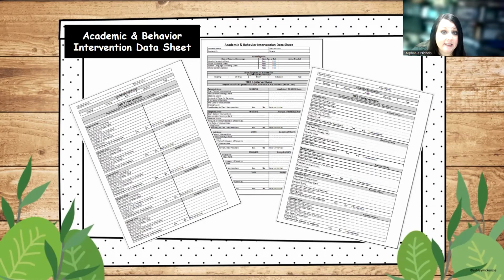These forms are exactly the same, but they're for academic and behavior interventions. For example, reading, writing, math, behavior, and even students that are on task. You can circle the area that you're working on. It has on tier 1 the interventions that you've done in the classroom. And these sheets also have at the top that tier 1 is implemented in a general education classroom